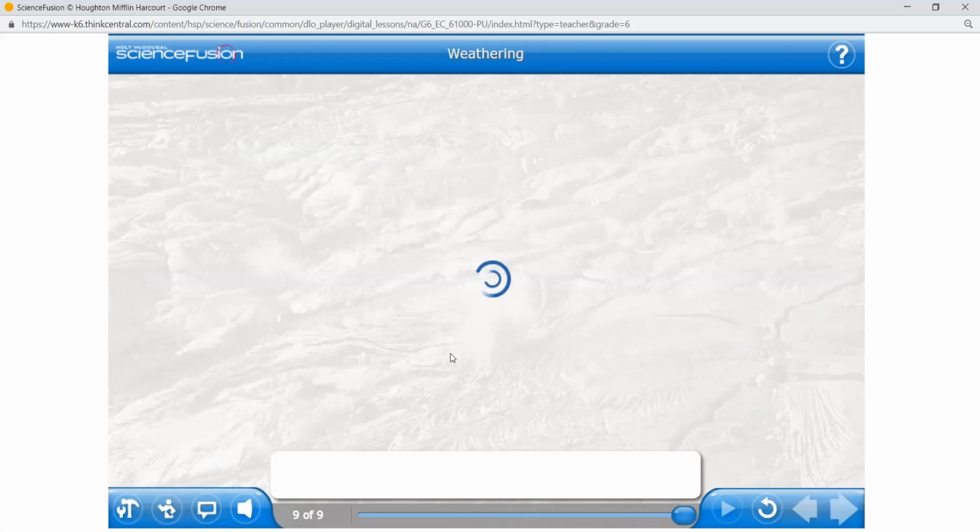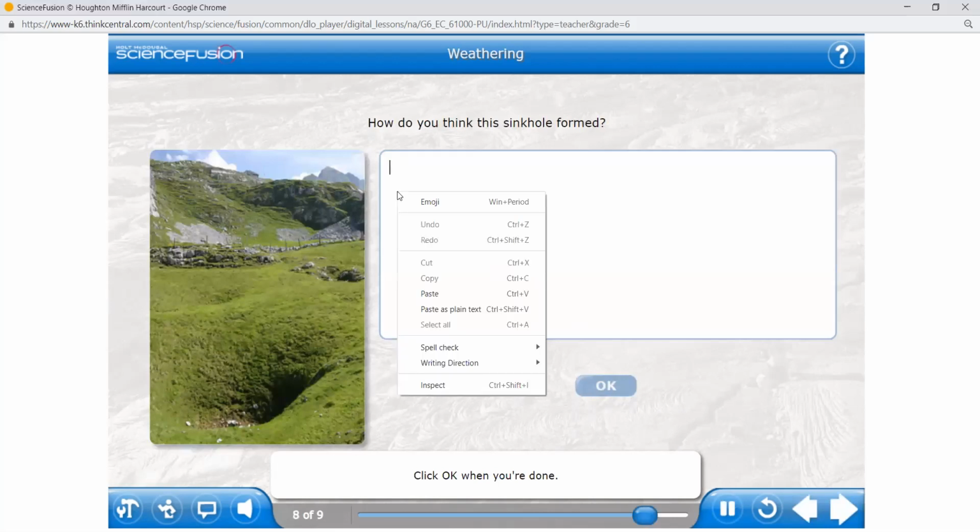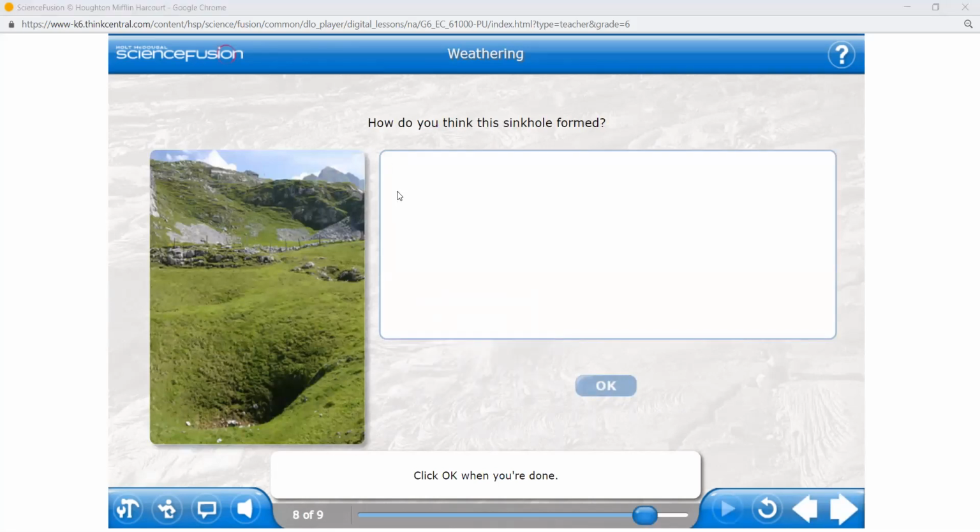Let me just write there and see. Anything, girls? Animal action. Physical. It can be animal action. And what else? It cannot be vegetation because you see everything is green. And what else? Let me press OK and see.